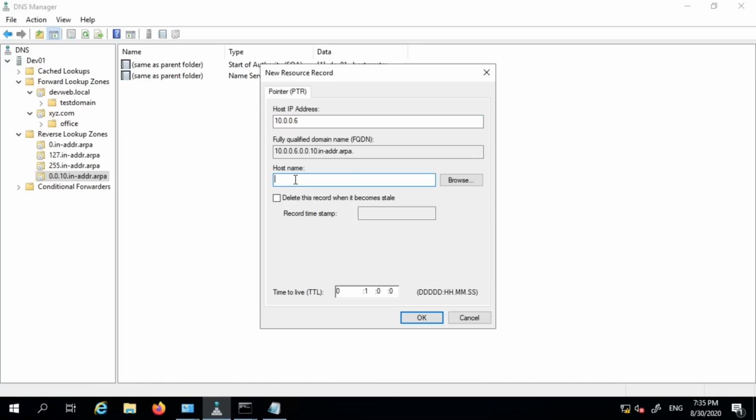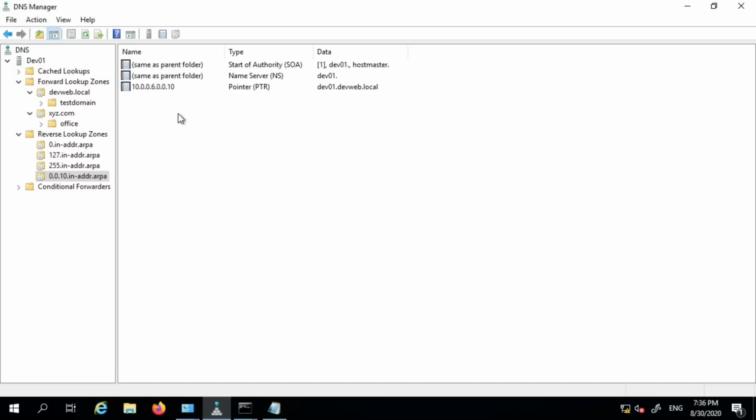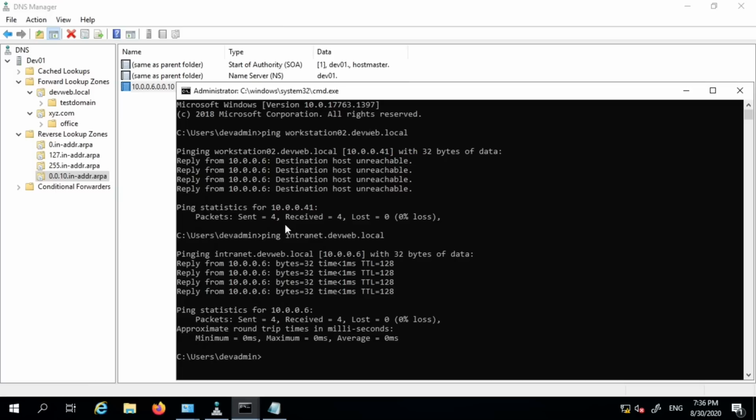So the fully qualified domain name will go there, which is dev01.devweb.local. And now what this means is that this server can now be looked up. You can do a reverse lookup on this. So you can do an nslookup